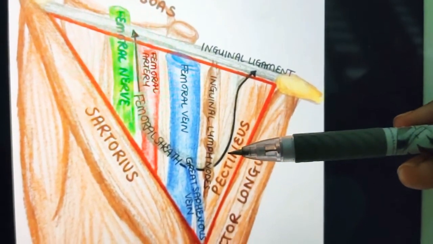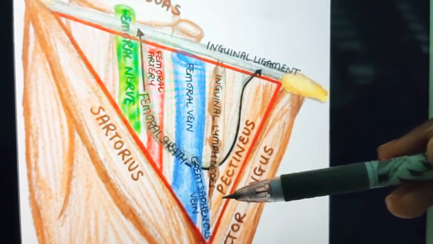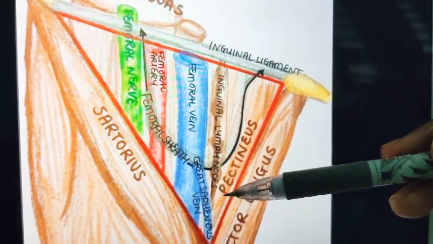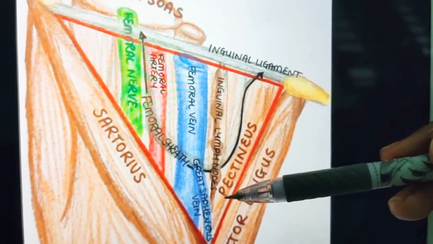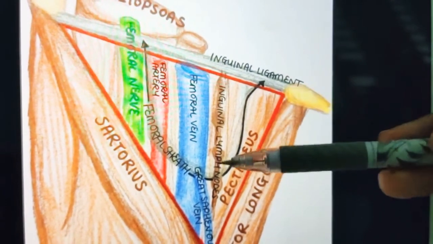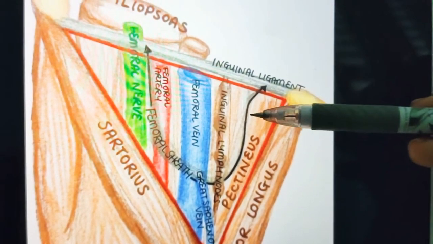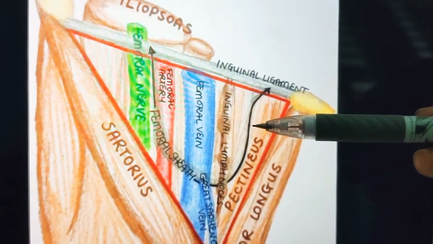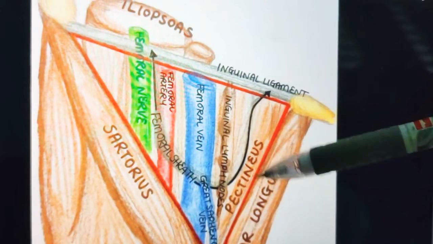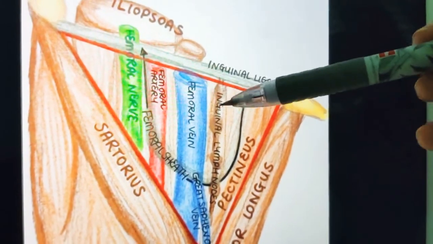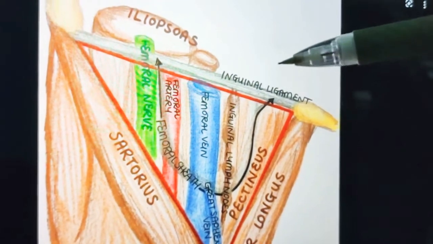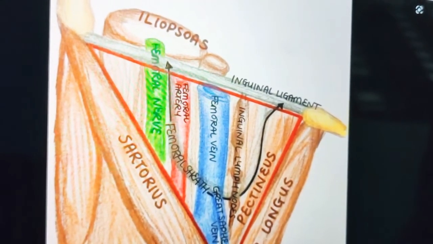And inferiorly it will have the epigastric vessels, and they are closely related to the junction of the anterior walls of the ring. The femoral ring is closed by a condensation of extraperitoneal connective tissue called the femoral septum. The parietal peritoneum covers the septum from above and shows a depression called the femoral fossa.